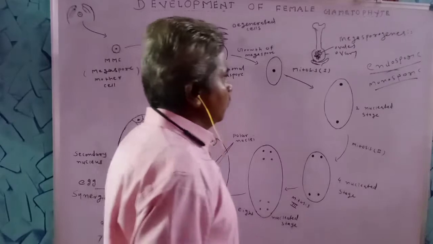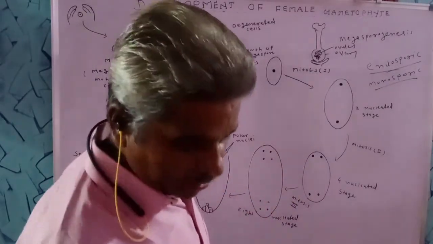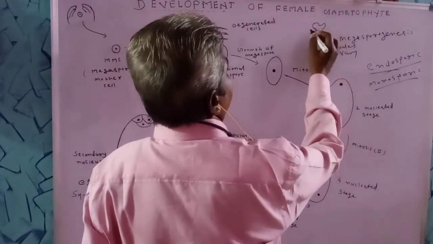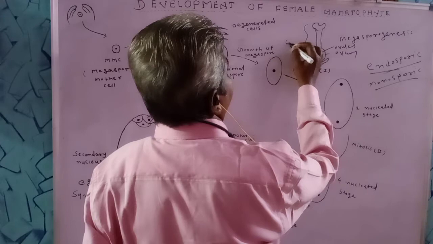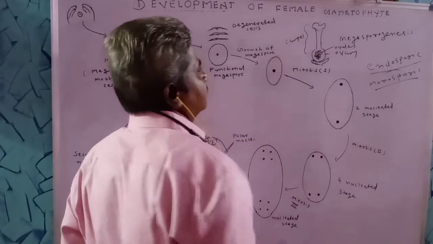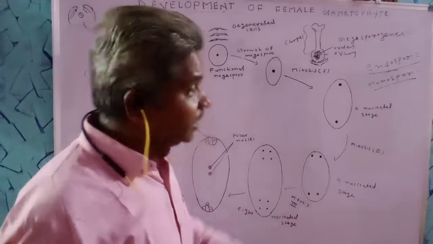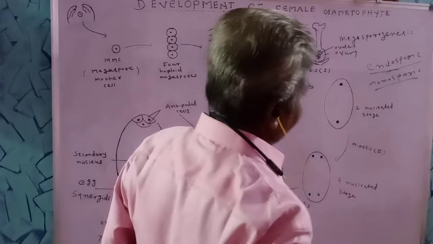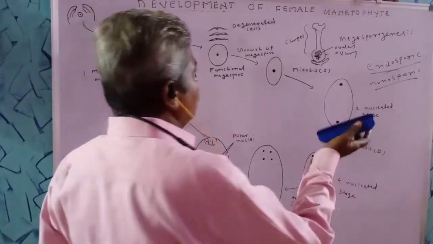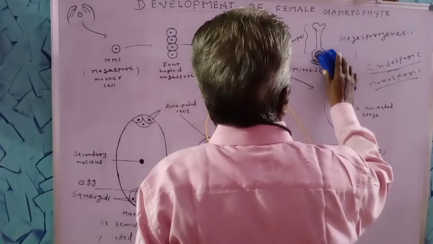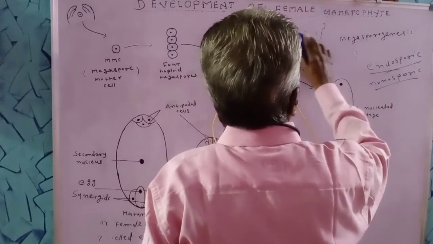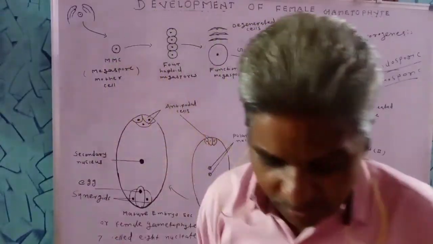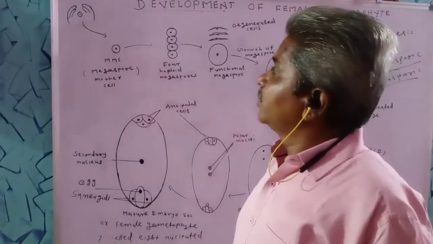So, what are ovules? These are the megasporangia, and the ovules lie in the ovary, and this ovary is the part of the carpel or gynoecium. Each carpel is distinct into stigma, style and ovary. In that ovary, ovules are present, and each ovule is also called a megasporangium. In that ovule, what is present?